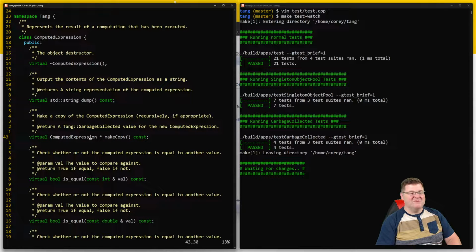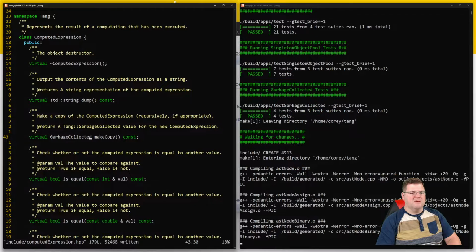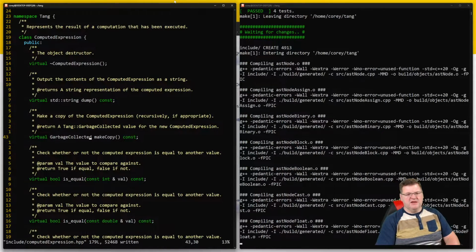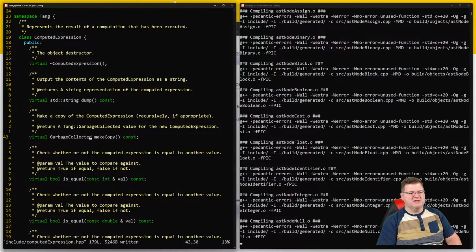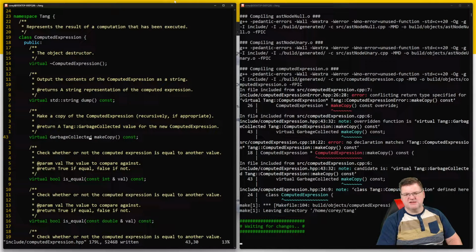The limit of 80 is a personal thing. So garbage collected, make copy, it's going to start complaining that